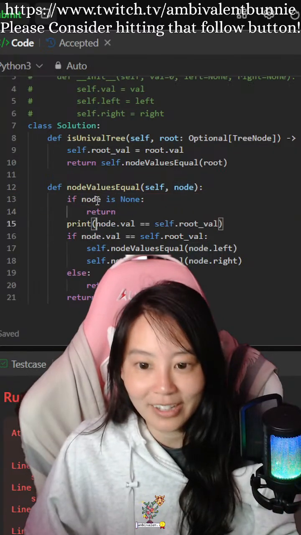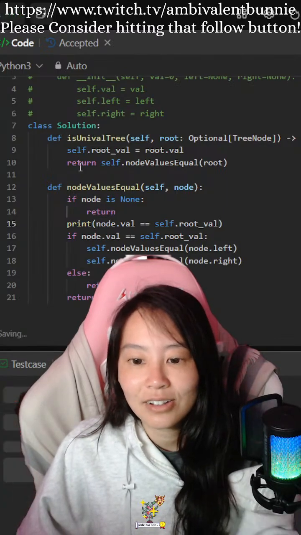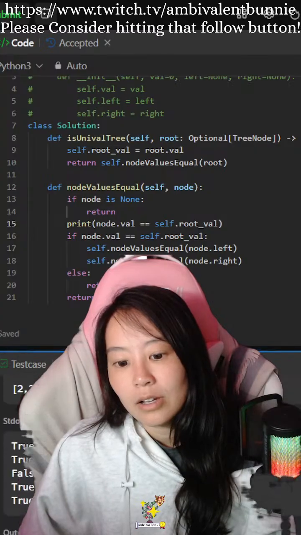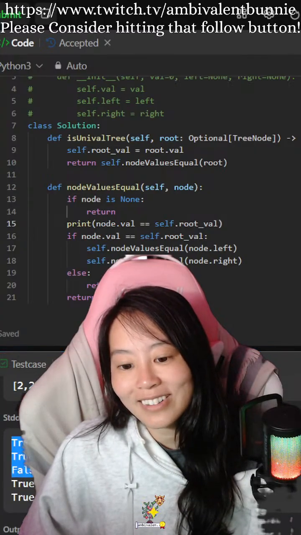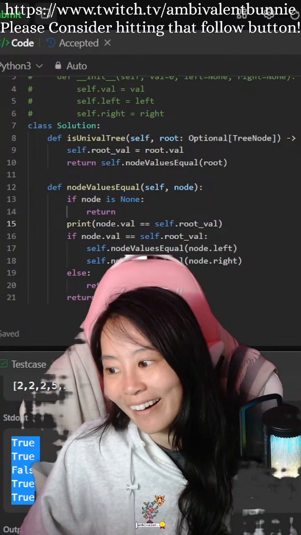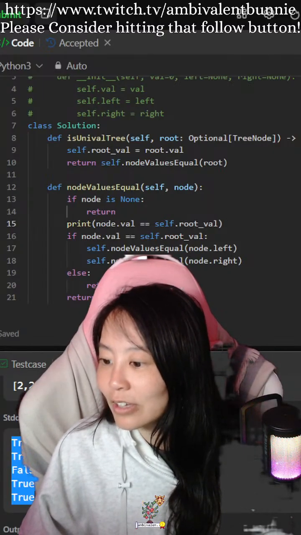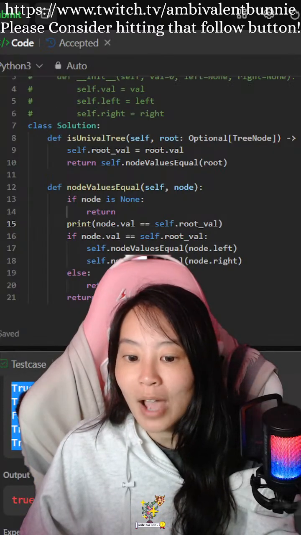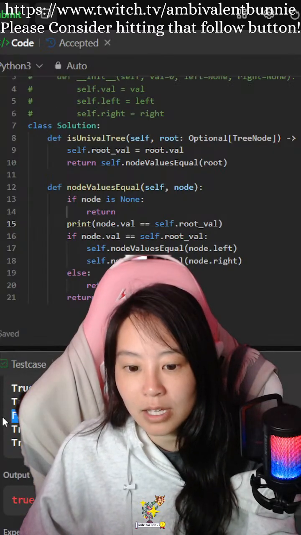Yeah, so I know my code is doing what I want it to do, but okay, so if I have same value, we're good here. But I need to check my children and return the result of them. So, how do I return this?